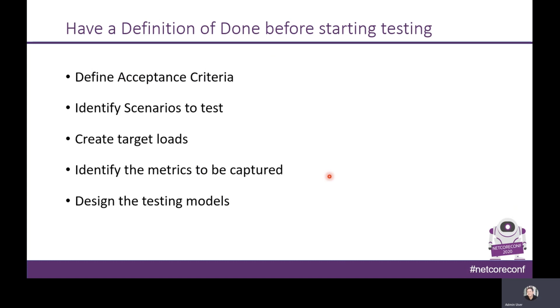Then again, creating the target loads. As I said, you need to understand the business requirement, how many loads could come. Then you need to create the loads that are expected to come, and also those that are unexpected. Load testing and stress testing play a role here while creating the target loads. Because your expected scenario would be some 100 to 200 users, then your unexpected scenario will be 500 or 1000 or 2000 users, right? That kind of loads you need to define before you get into the testing. And you also need to have the expected results for those loads. Then you can evaluate the result returned from the system.